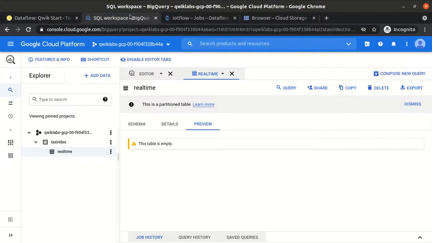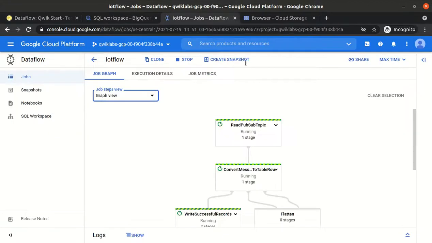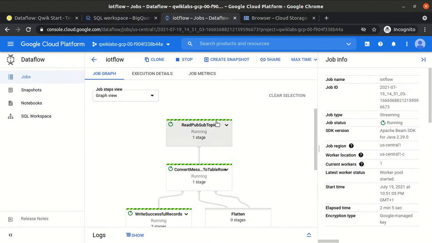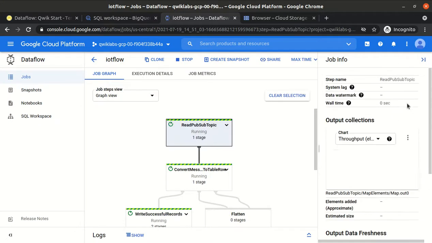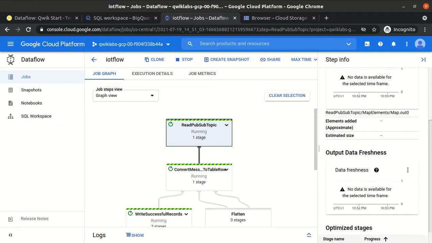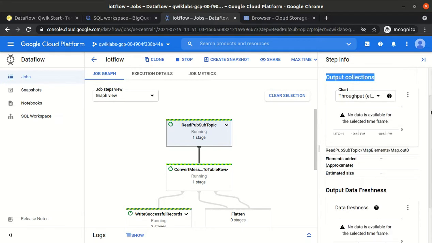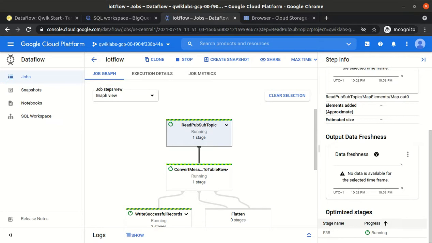Okay, so let's wait a few minutes, because right now if I click on it, we can see the details, like how many records it has read and added. Right now it has not read any record from PubSub. It will take some time, the job is still running.